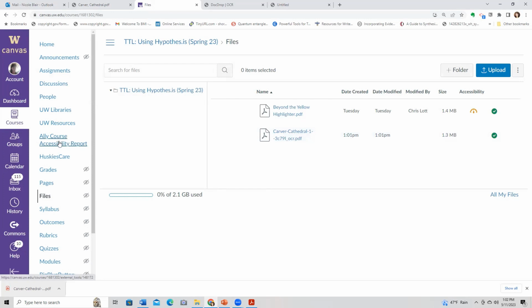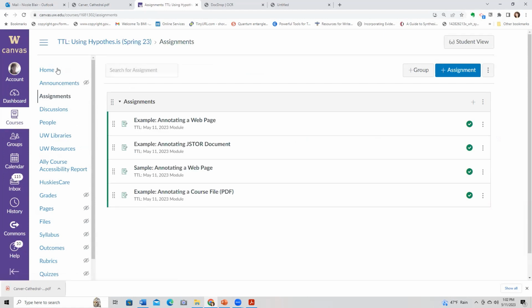And then we're going to go to Assignments. All right. And then we're going to do the PDF. You're going to do a new assignment though. That was the one I created as an example. Oh, you want me to do a new assignment? Yeah, okay, you can just use the plus assignment button here.